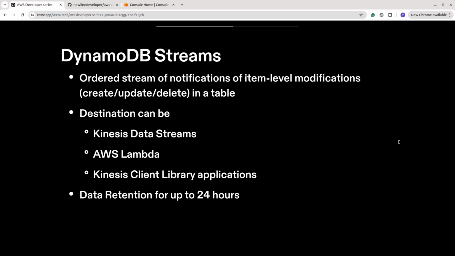We can trigger the following services. We can trigger a Lambda function, or a Kinesis data stream, or Kinesis Client Library applications. That also we can set as a destination. Okay, so that service also we can trigger. And then the data